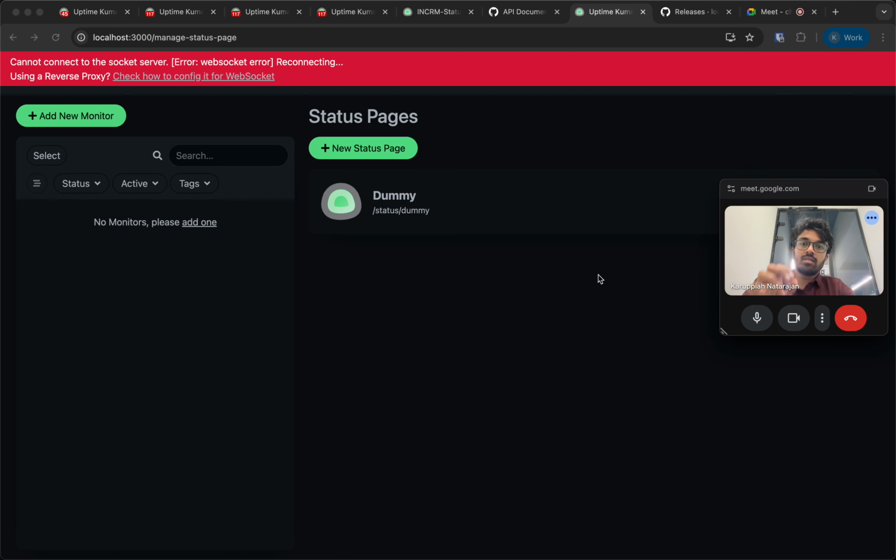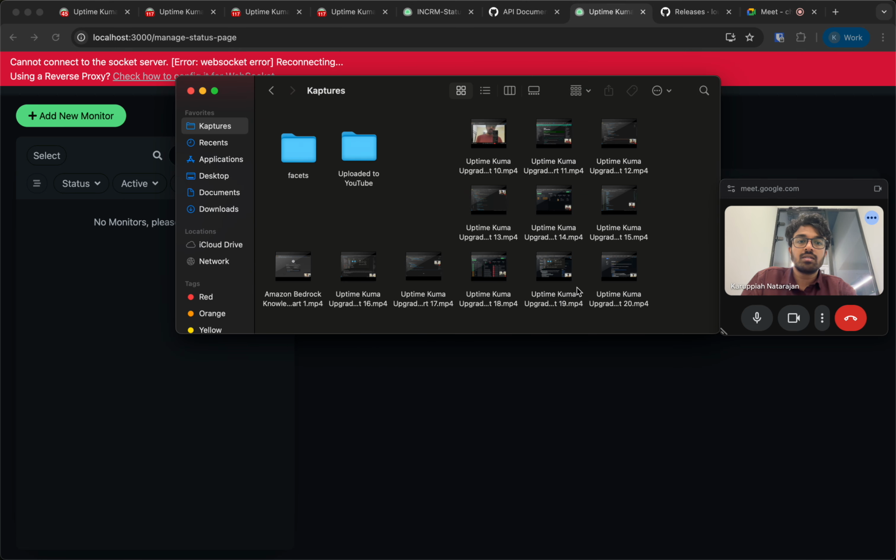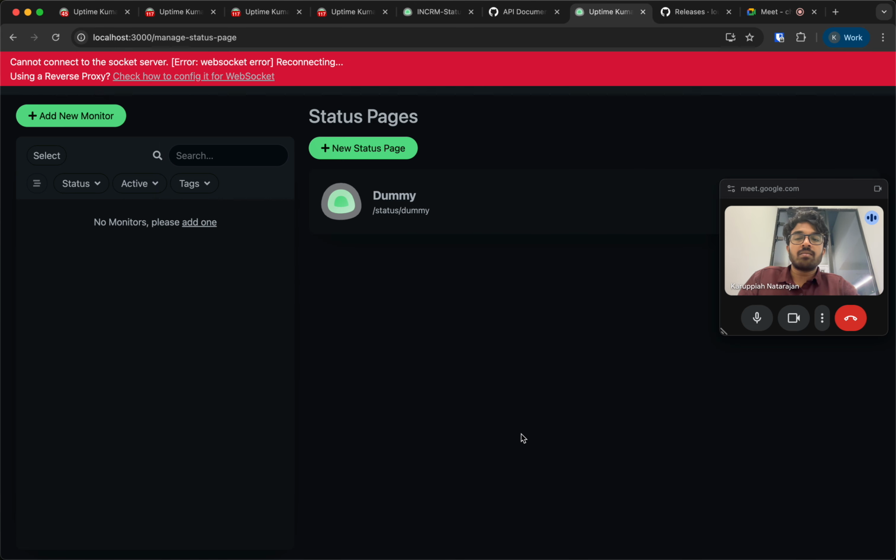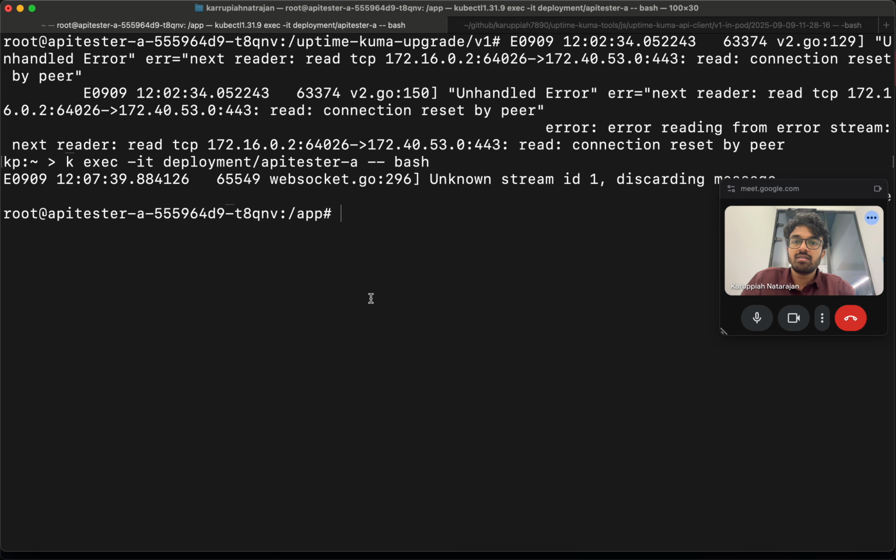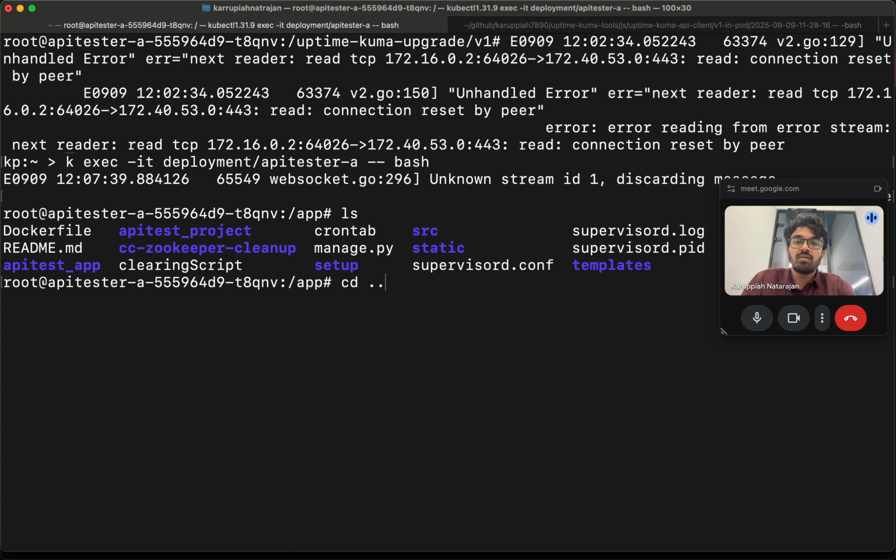So, this is part 21 of the Uptime Kuma upgrade. In this case, I'm going to start adding status pages. So, as part of doing that, I think what I'm going to do is